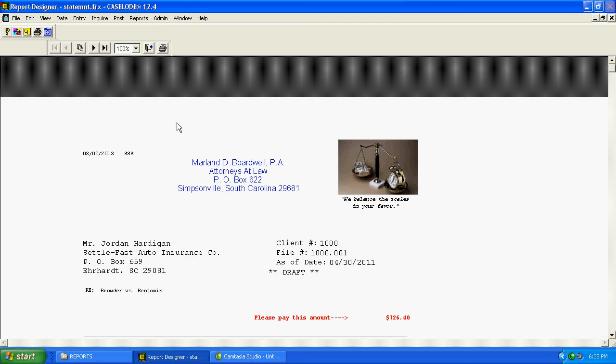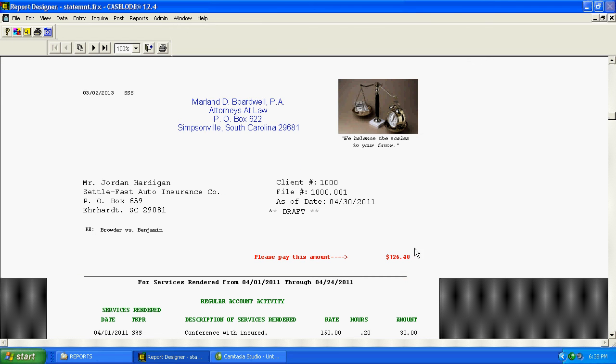If you'll notice up here, the name and address in this particular instance is coming out of our control file under the bill header section, but we can customize your own letterhead. We can add your logo or any other artwork that you want on the bill. This particular bill was customized to show the total amount that you expect the client to pay right on the first